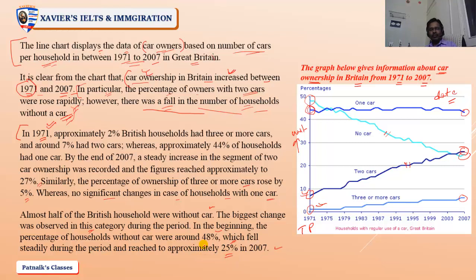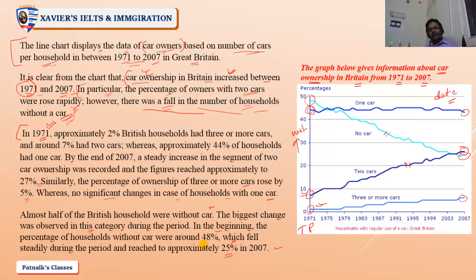So this is the complete write-up. It is hardly 272 or 274 words. Now if I consider this write-up, I tried my level best to fulfill the requirements of the band 8 and 9 range, right? I tried to establish the links, I tried to link logically, and I tried to maintain coherence and cohesion throughout the write-up, from the beginning of the introduction to the overview and then BP1 and BP2, right?